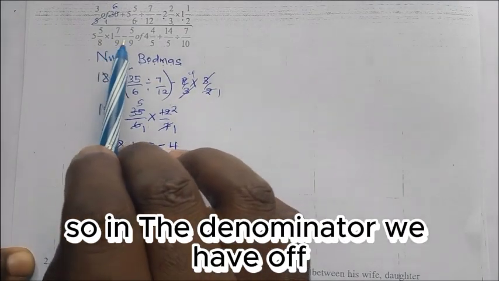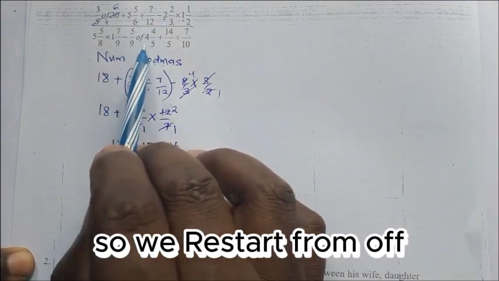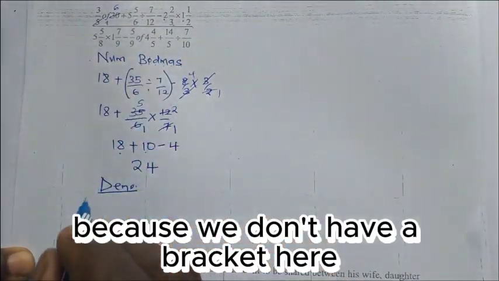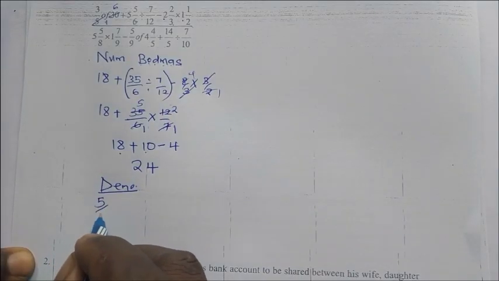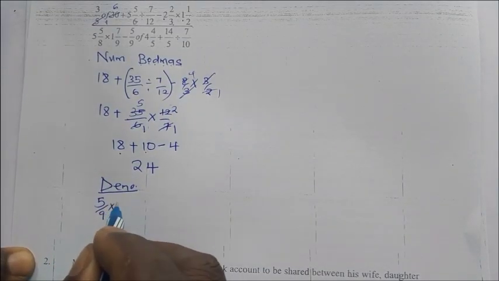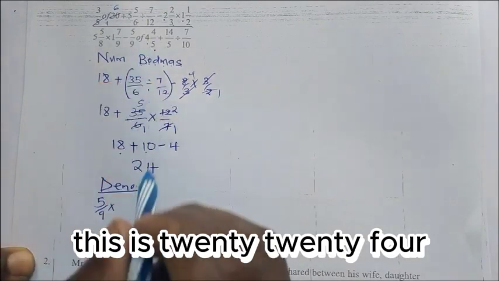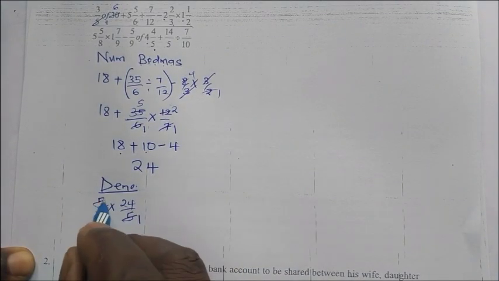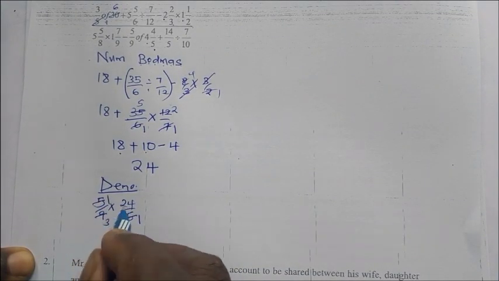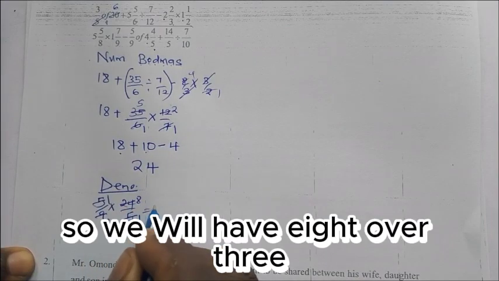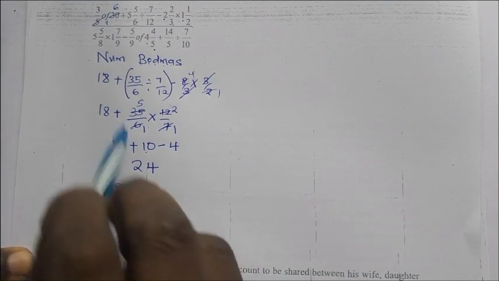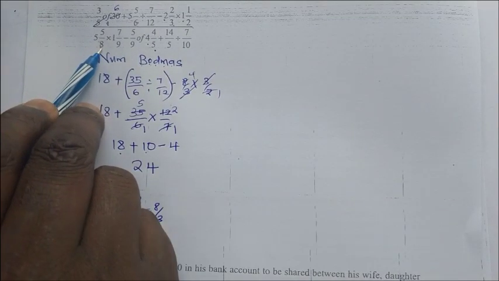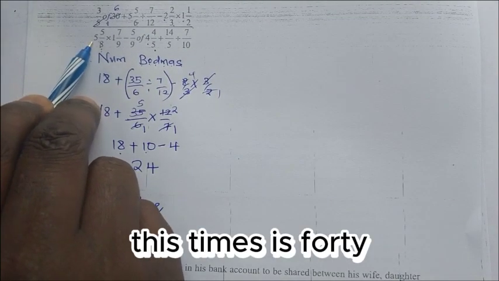So in the denominator we have of, so we will start from of, because of comes first, because we don't have a bracket here. So that is 5 over 9 times this is 24 over 5. This once, here once, 3 here 8. So we will have 8 over 3. Then you can change this one to an improper fraction. This times this, 45